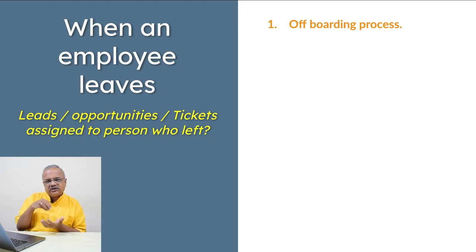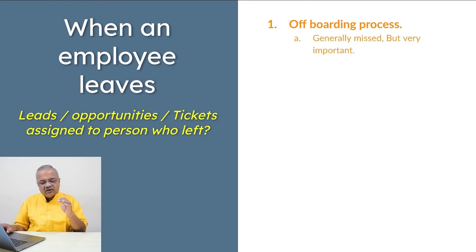Now think of it in this way. When someone comes to our organization, we have an onboarding process for him. Then in the same way, if someone leaves your organization, then you should have some offboarding process. The person should be handing over his tasks to someone. All such processes should be there. If that process is not there, then ensure it is there. If it exists, then why is it not there for CRM? It should be there for CRM too.